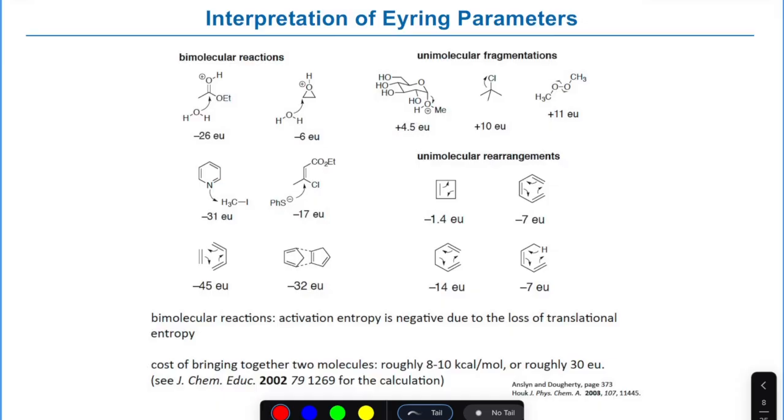Now again, the one thing you remind yourself about these values is they are meant to be the delta S double dagger. This is the entropy reaching your transition state. So it's a ruler that says the correct transition state model that I would be approaching is represented by this entropy value. The other way you could look at a lower value like this -6 might be that argument of sort of early versus late